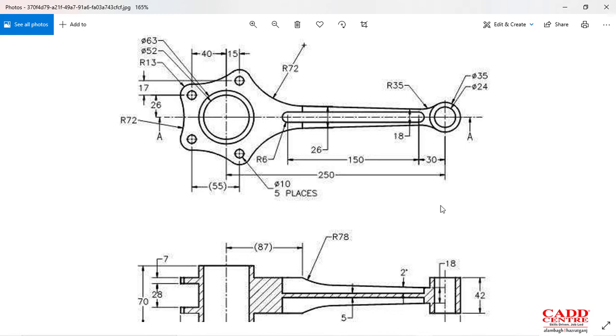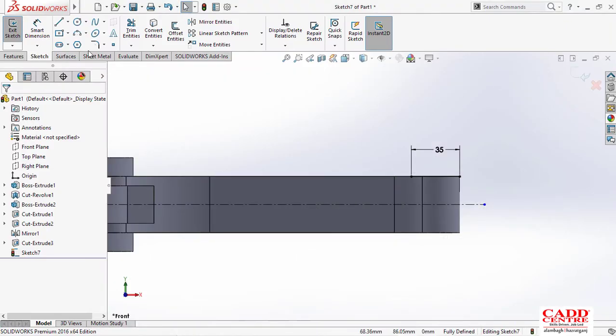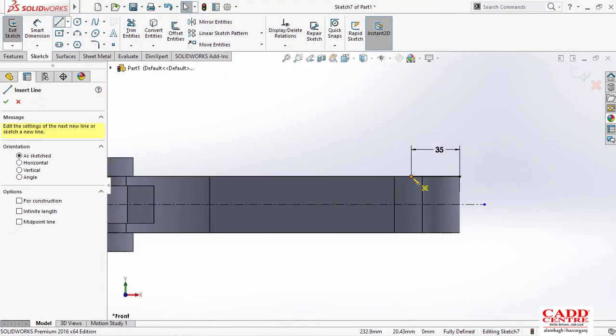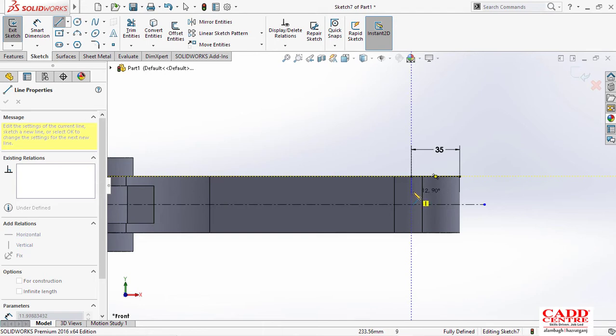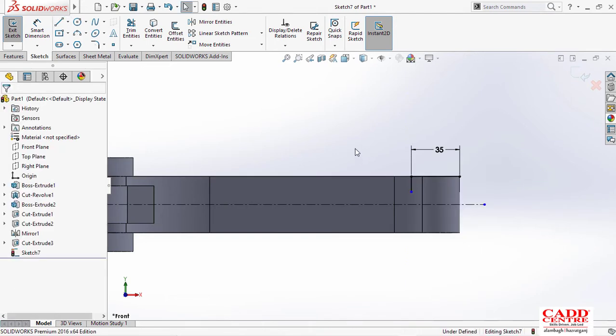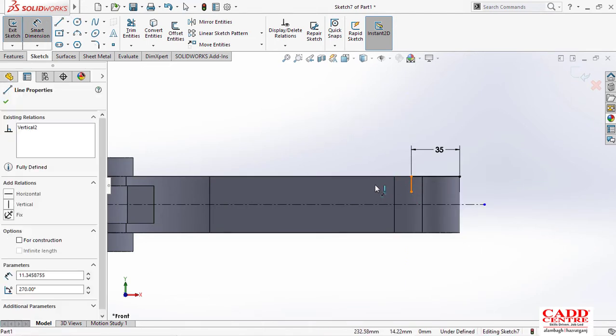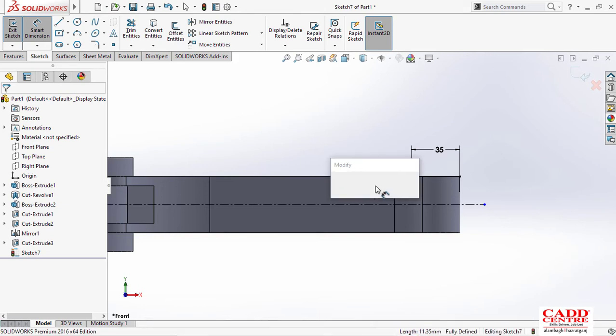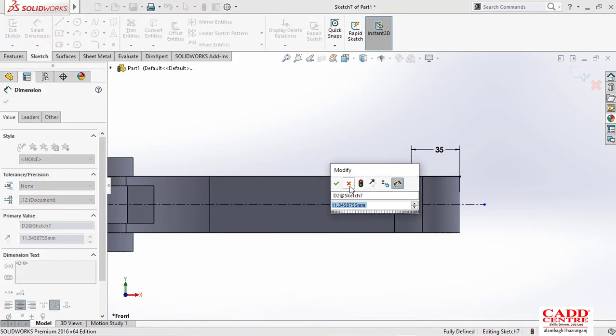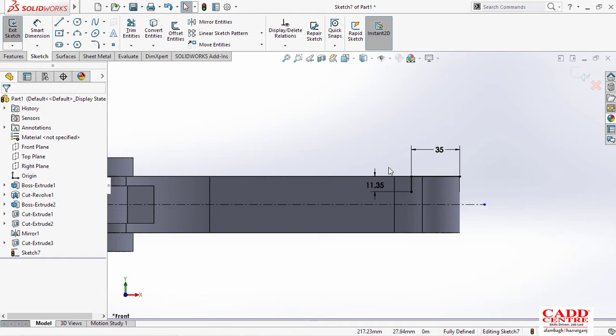So 35 here, the outer one, and just go downward with a distance of 9. So just select this one, go downward, give this 9, not 9, this one is not 9, that distance from, let me just delete this.